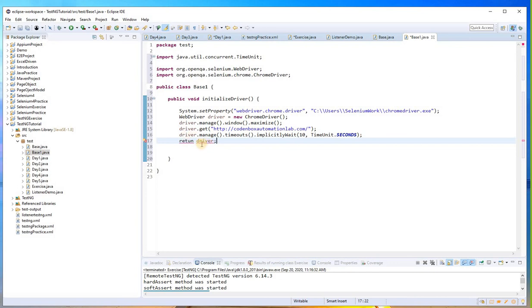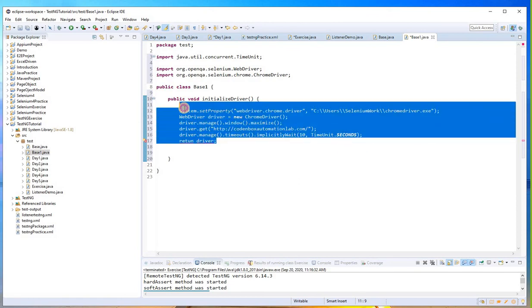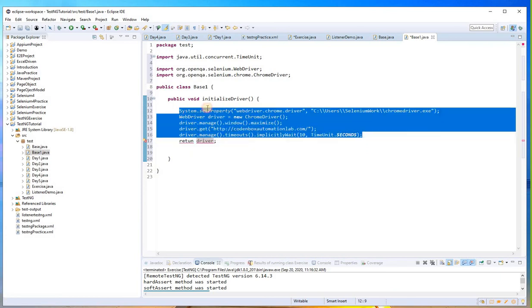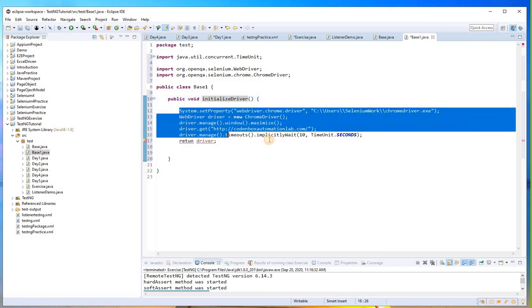Return this same driver. So this driver is doing all the things. The driver has the knowledge and the permission to do all those things, and this driver will return, which means it goes to your method. So this method has the knowledge about this driver, and this driver has the knowledge about all the tags. So when you call this method anywhere, it knows that it will do all this job by